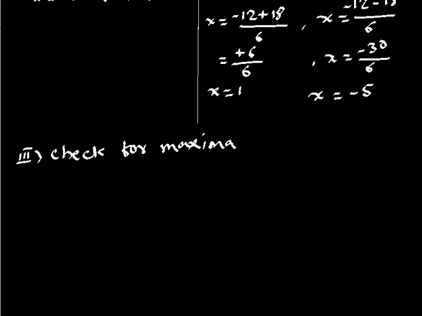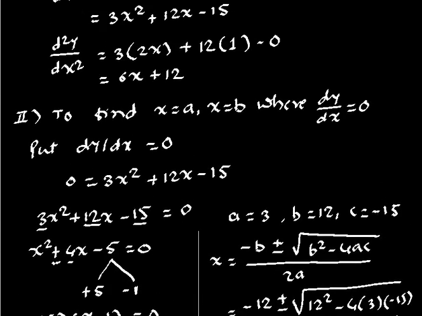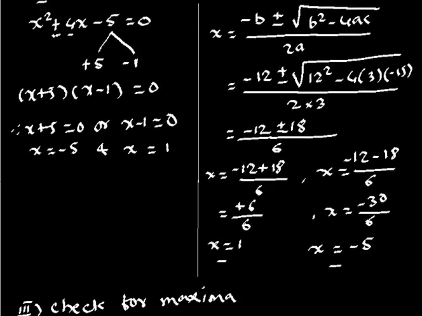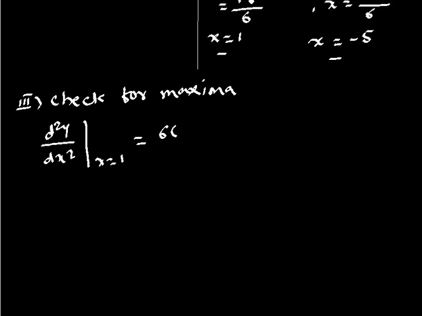means till now we have come to know that the function has slope of tangent 0 at both these points, but we don't know whether it is maximum at 1 or minus 5. So this is the check. The check is like this: d2 by dx square at, put any one value, x is equal to 1. Now d2 by dx square we have found 6x plus 12, so 6x is 1 plus 12, so it comes